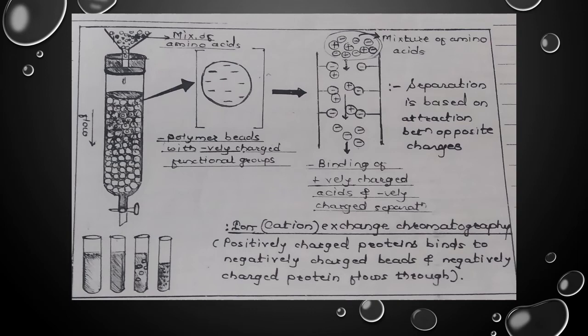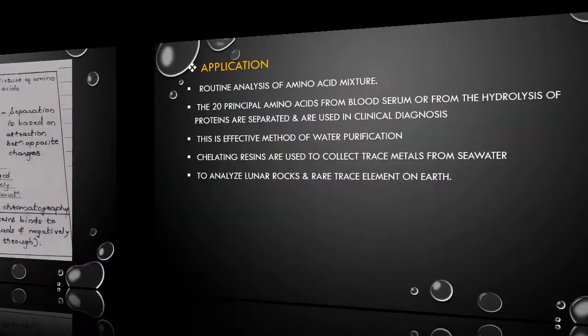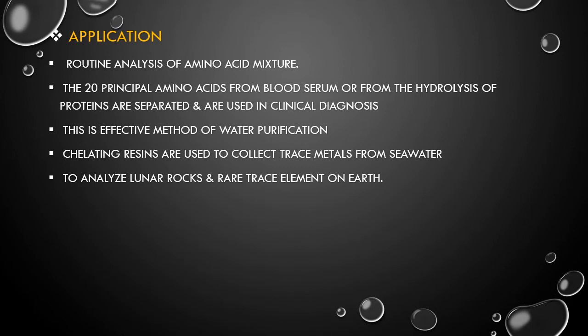If we want to separate, we need a cationic exchanger or an anionic exchanger, so what to use, these are the most important. There are many applications of ion exchange chromatography. It basically contains charged groups covalently linked to the surface of an insoluble matrix, and the charged groups of the matrix can be positively or negatively charged. These are all important things in ion exchange chromatography.